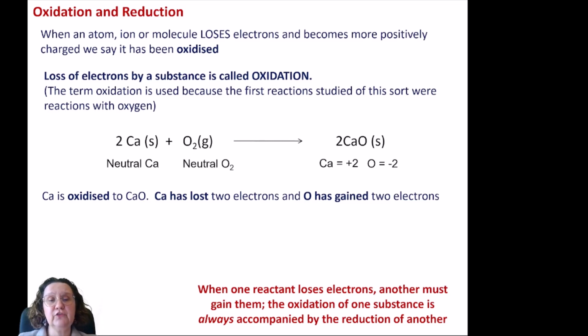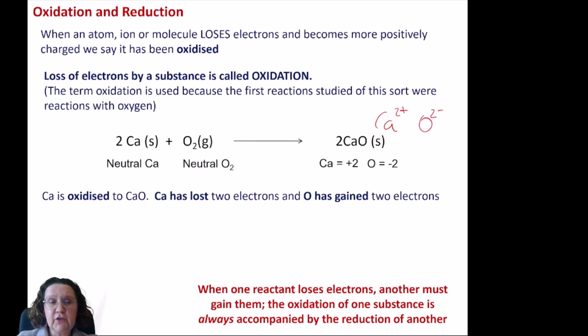If we look at the chemical reaction we have in this slide, you've got as reagents calcium metal, so calcium, a neutral atom, and oxygen, O2, the molecule of dioxygen, which again is neutral. And they form calcium oxide as the product. Calcium oxide is actually an ionic compound, made of calcium 2 plus ions and oxygen with 2